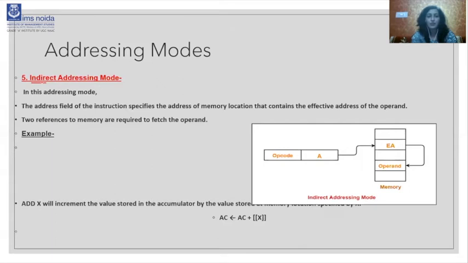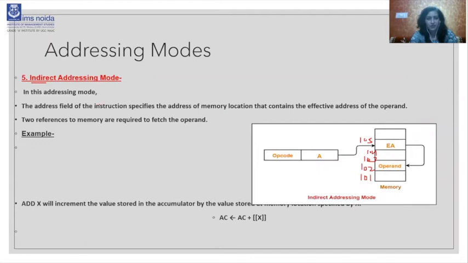Indirectly means we have to go to an address, then again to a further address, right? Address to address, address to address. Suppose this is the address 101, this is the address 102, 103, 104 and 105, right? There are different types of addresses. So here these are the various types of addresses, right?